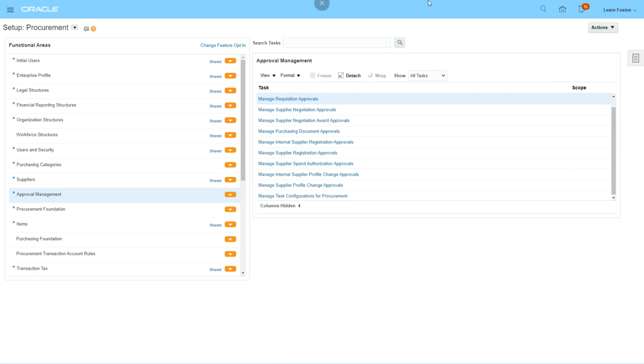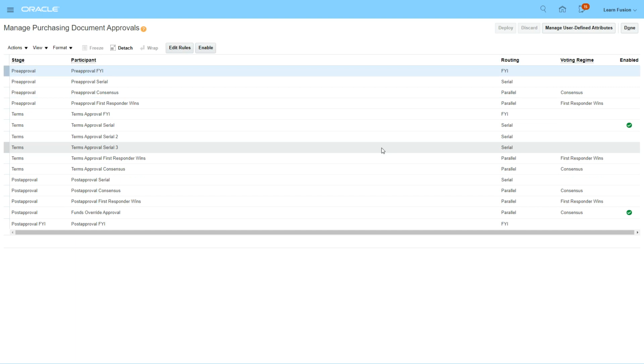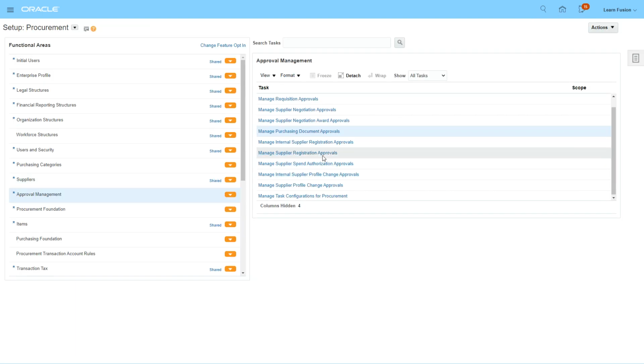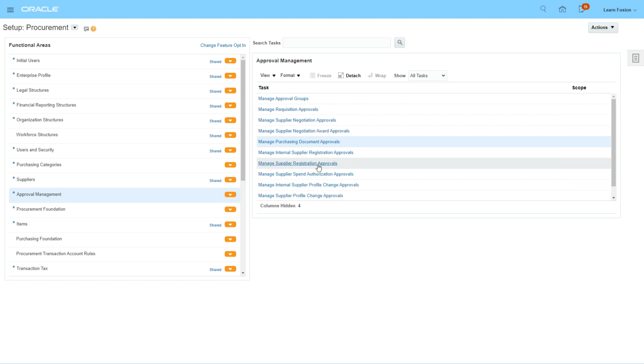So in this tutorial, what we saw is how we can create custom requisition approval rules for your business unit. And we also said that if our requisitions are less than $100, I want them to be auto approved. So this is how you would set up approvals. And then similarly for purchasing documents, something similar. So that's for requisition. If you want to set up approvals for procurement or purchase orders, then you can set these rules up. If you want to set up your rules for supplier registrations, any change orders on the purchase orders, you can set up those rules as well.